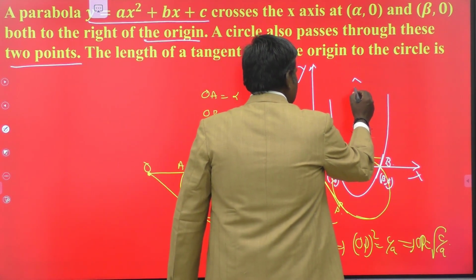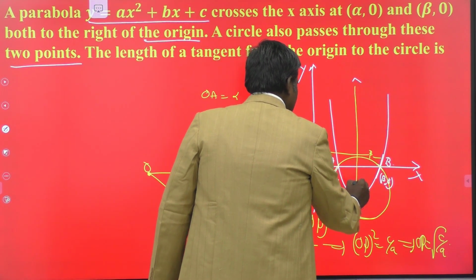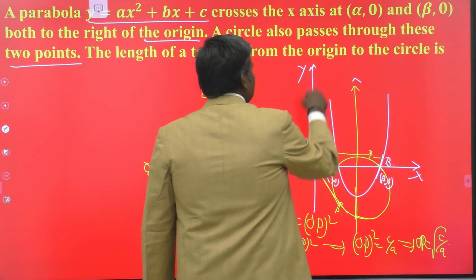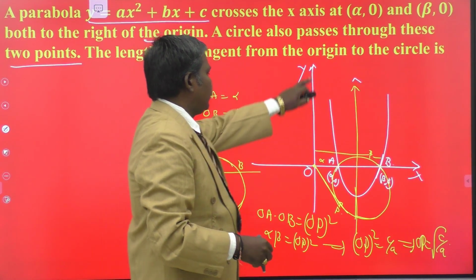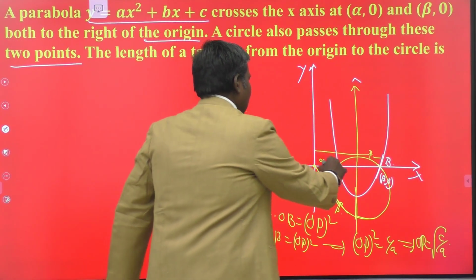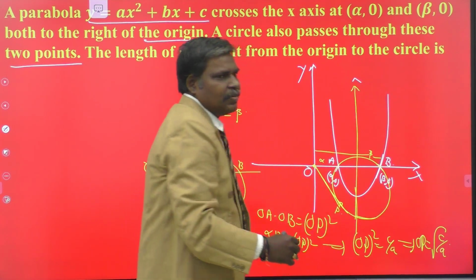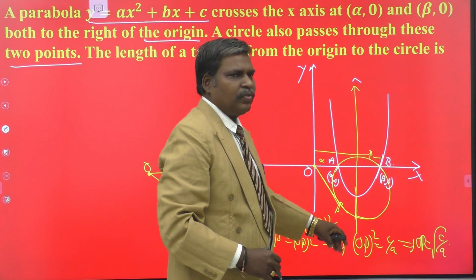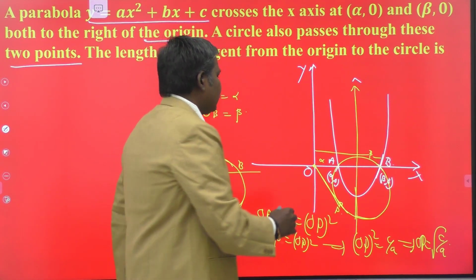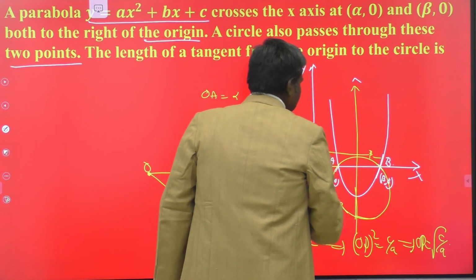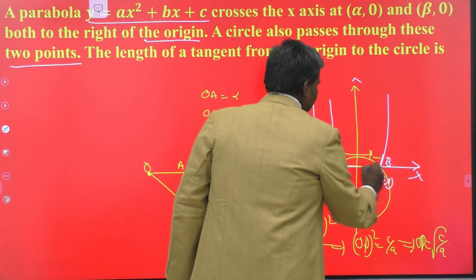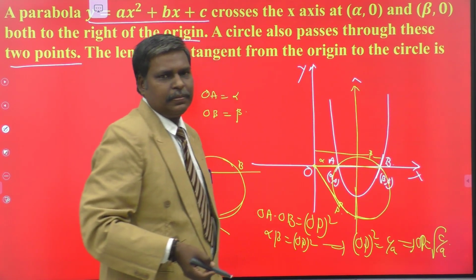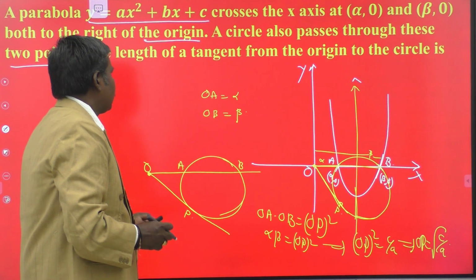So, one parabola is there. The axis of the parabola is parallel to the y-axis. So, we take it in this manner. You may take the parabola in this manner also, for A less than B, we get it in this manner. There is no effect of the parabola being upwards or downwards here. The only intention is that you have to recognize this is alpha and the distance from O to B is beta. That's all. It is also a very nice question for you.